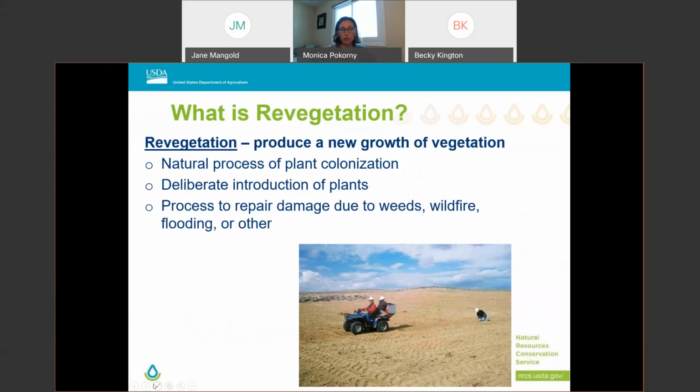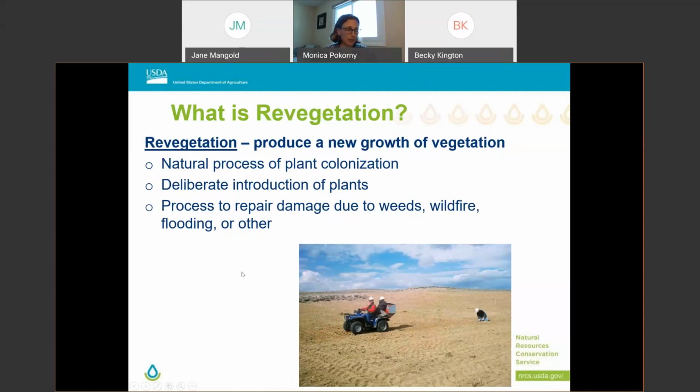It might be the natural process of having vegetation recolonize the site, or we might want to deliberately introduce plants through revegetation. It's also a way to start repairing damage that's done to a site, maybe through weeds or wildfire or